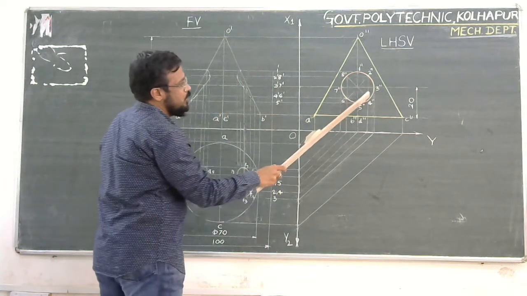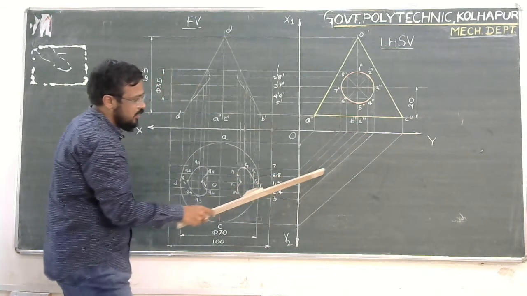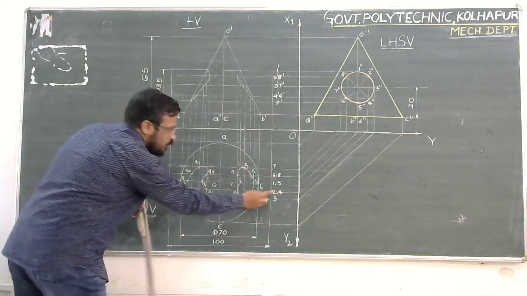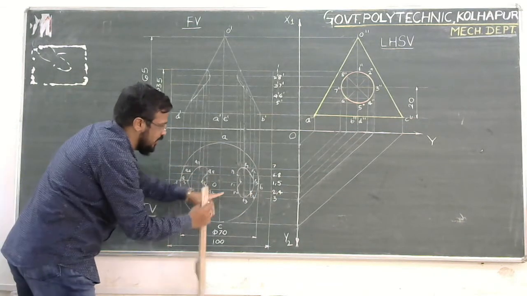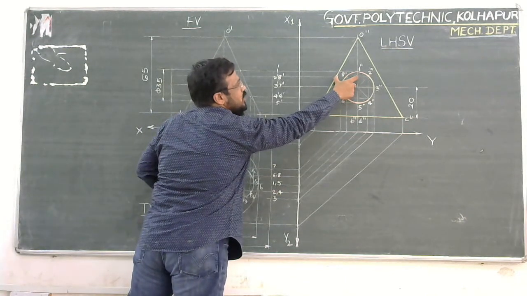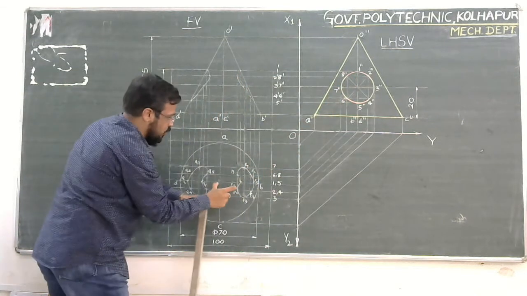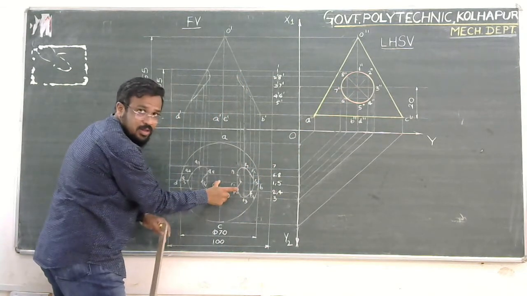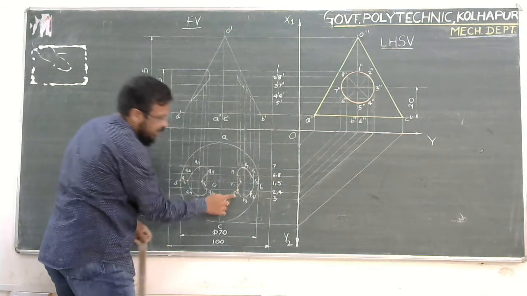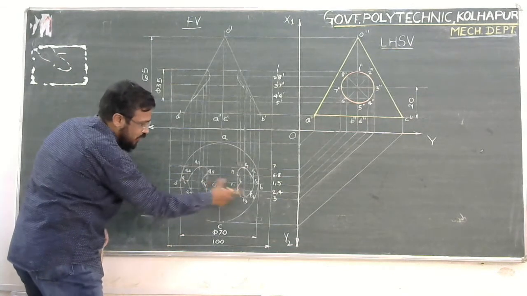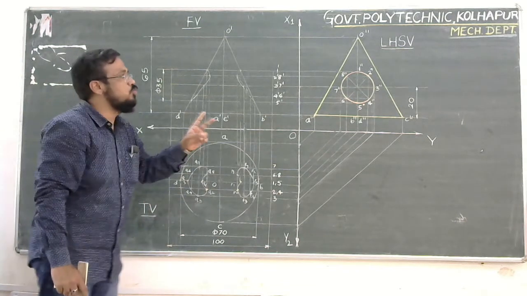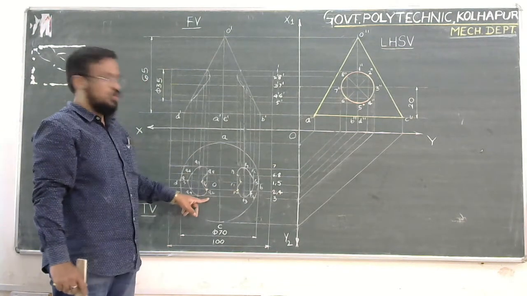So this is the backward projected line. This comes out from 2. See this line. So this is the point reference 2. So to this line, this is the horizontal line, which comes from 2. See, this is the line. To this line, the distance is from this axis of the cone to this generator. So this distance I have taken into the compass. Then the center is O, remember. With O as center, on this 2 line, I have marked this point as P2. In the similar fashion, with that radius, I may get this point on this line on the other side. So likewise 2 points I have obtained, P2 and Q2.